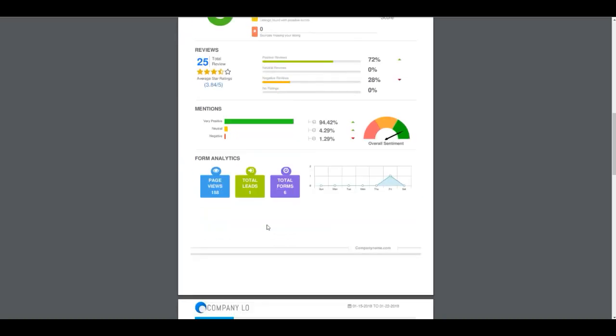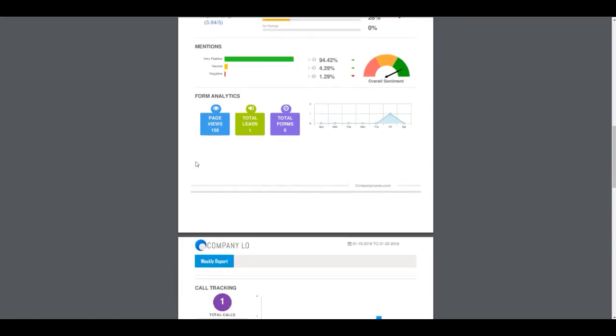Beyond the review update, it's going to give them an overview on their social sentiment analysis online, as well as form analytics. So how many people landed on the page that had the form on it, how many people completed the form,